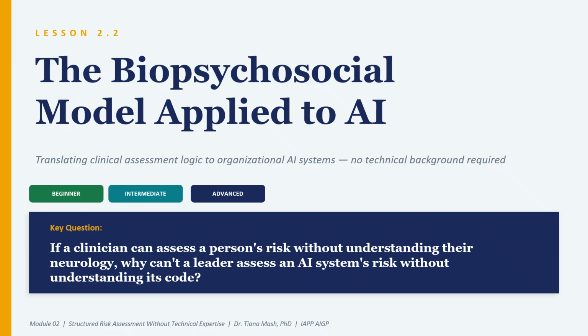He argued that to truly comprehend a patient's condition, you could not only look at the biology, the physical symptoms, basically the lab results and the scans. You also had to look at the psychological dimensions, how the patient was thinking, behaving, responding, and the social dimensions, their relationships, their environment, their community circumstances. And in 2026, we also talk about cultural competence, cultural traditional values, religious beliefs, spiritual practices.